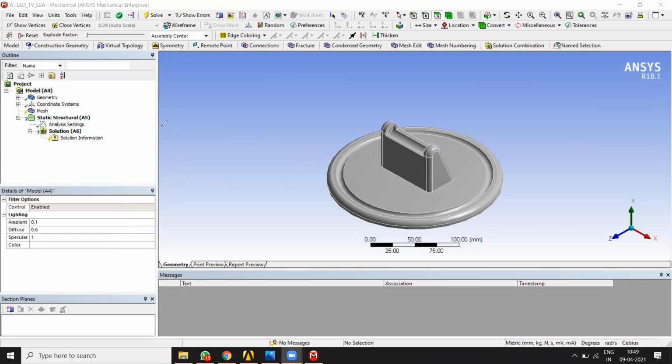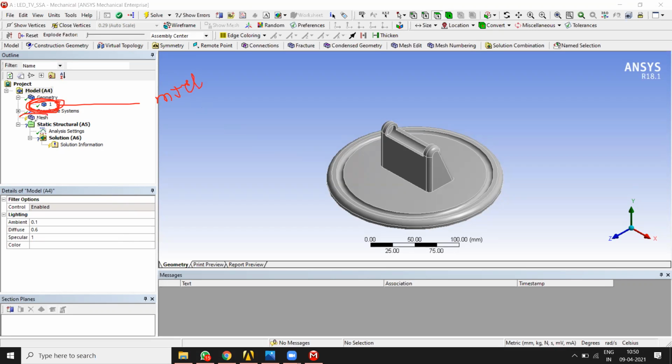First I'll go through the complete picture of what we are going to do here. In the outline, first explore the geometry. You will find the name of the geometry, the name of the component. Here we are going to apply material property, so we are going to assign material.